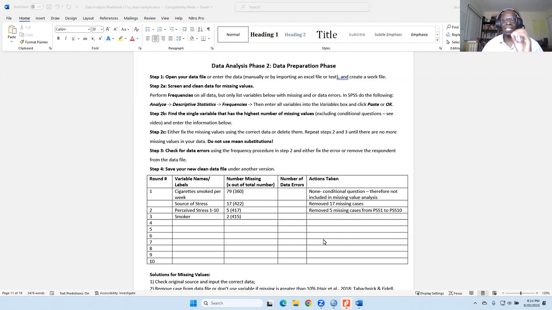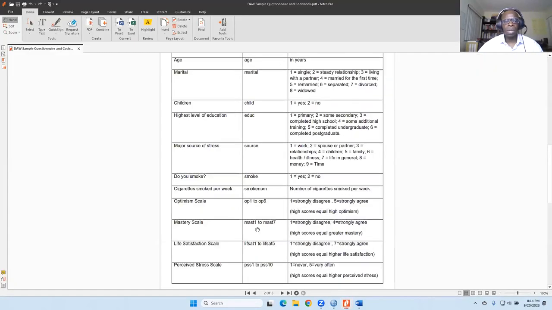And remember, a conditional question is a question that only some people get, right? That conditional question, if you remember, was smoke. Do you smoke? If you said no, then you did not get the conditional question, which was number of cigarettes smoked. Because if you don't smoke, then we're not going to ask you how many cigarettes you smoke, right?